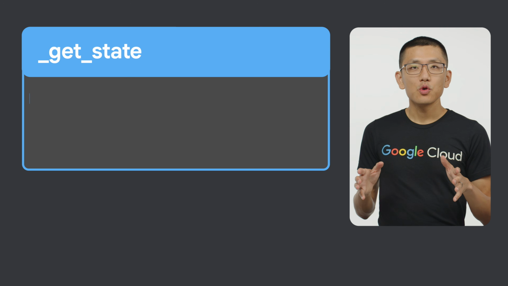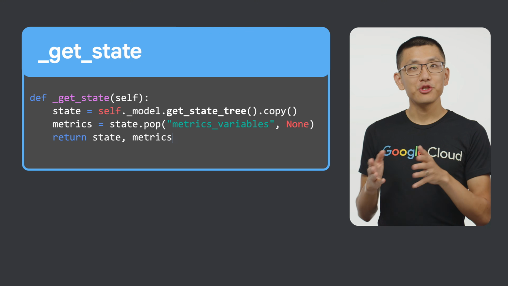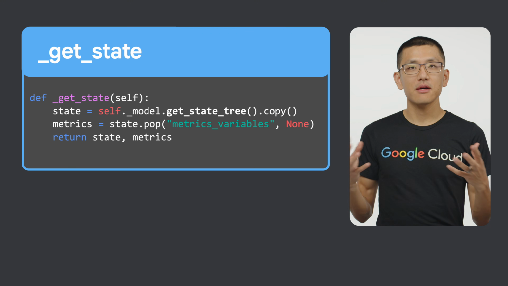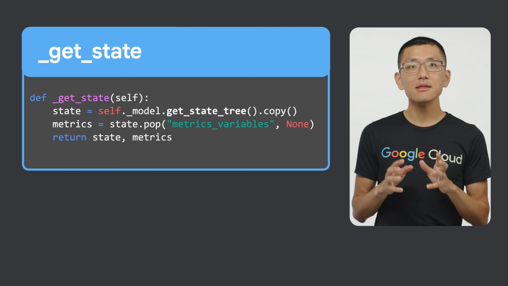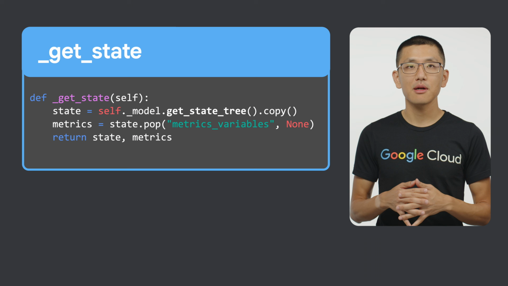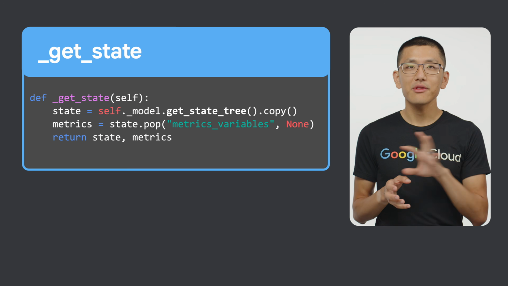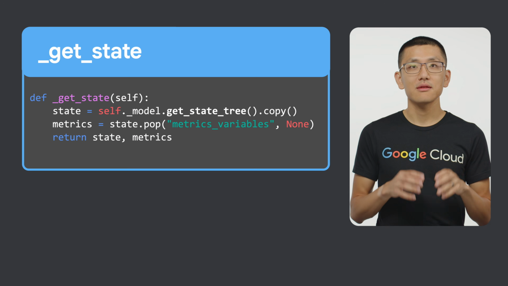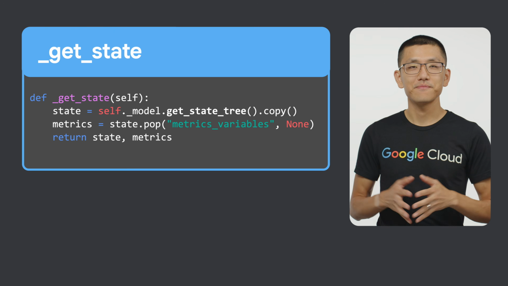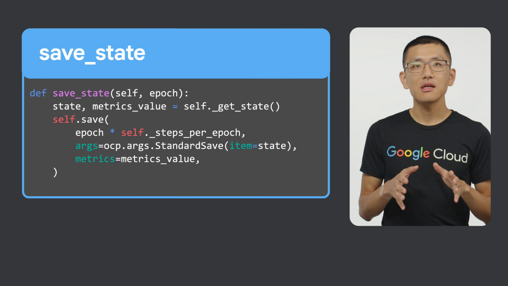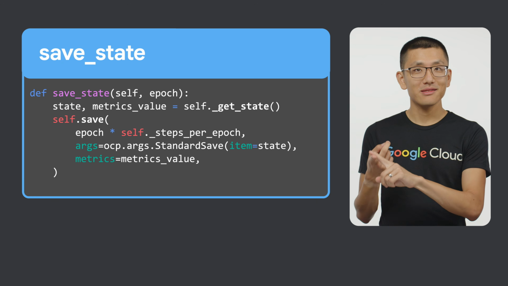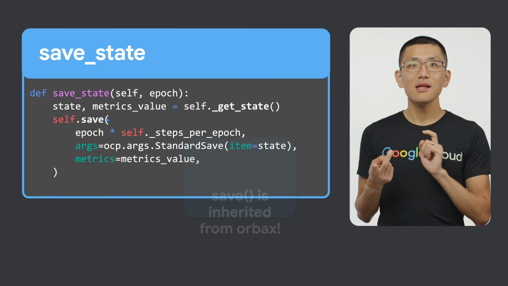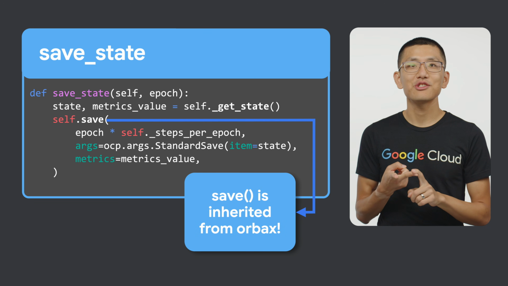In getState, we use Keras's getStateTree to retrieve the full model state. However, this also grabs the metrics, which Orbax saves separately for checkpointing purposes. So we'll separate out the metrics before returning the state and the metrics as a pair. Save state is quite short, literally just 2 lines. We use our getState function that we just wrote, and then we pass the state and the metrics into Orbax's